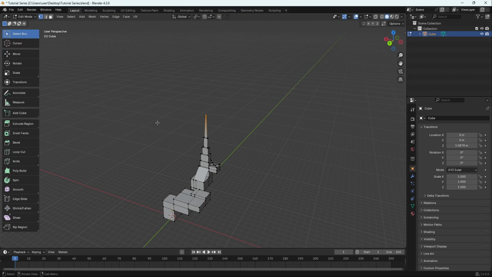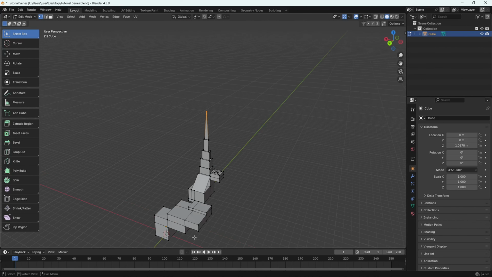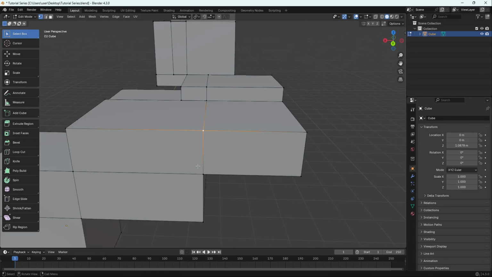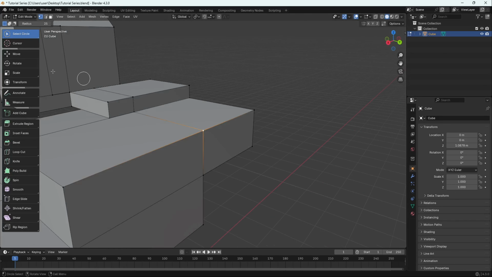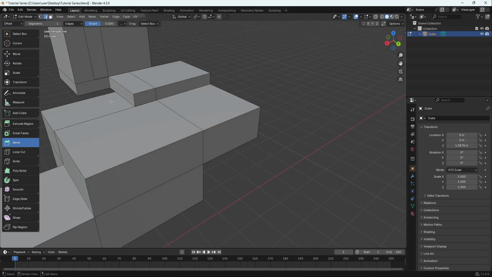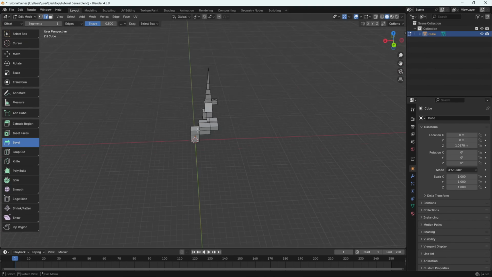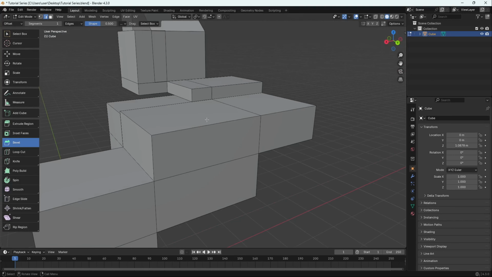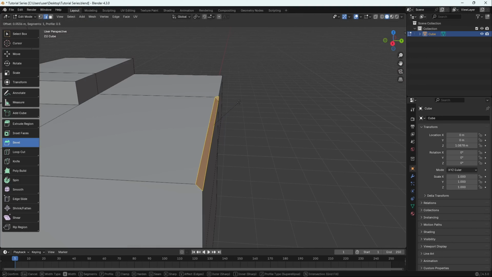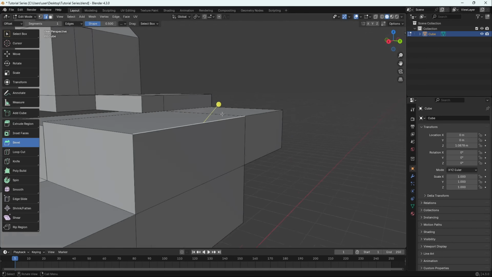Let's go back into edit mode and we're going to look at the bevel key. Now you are probably noticing that our edges right now are a bit too rough. So if we go over here into bevel, we can bevel this, but we're going to bevel it using the shortcut key in edge select mode. So over here, select the edge. We can just pull the string and it would bevel it for you, but we're going to use our